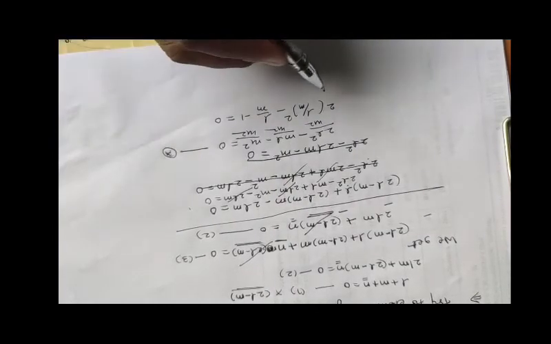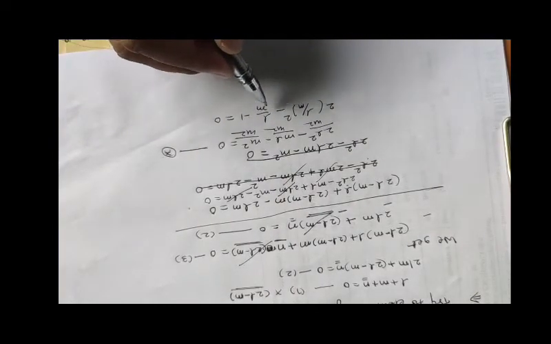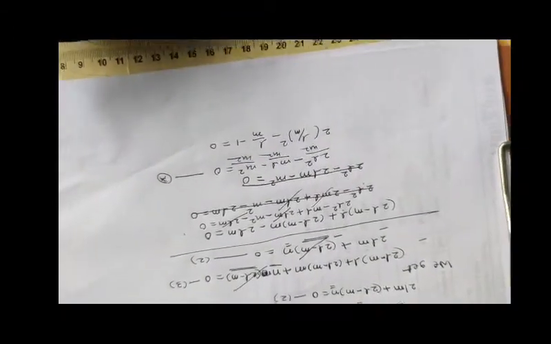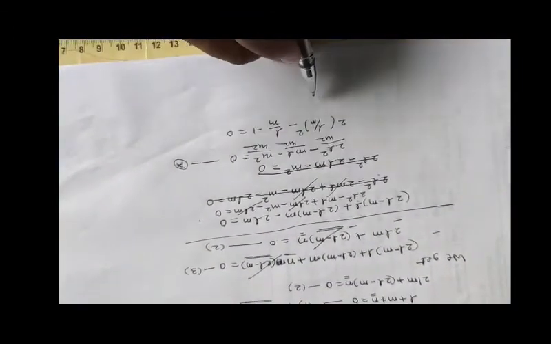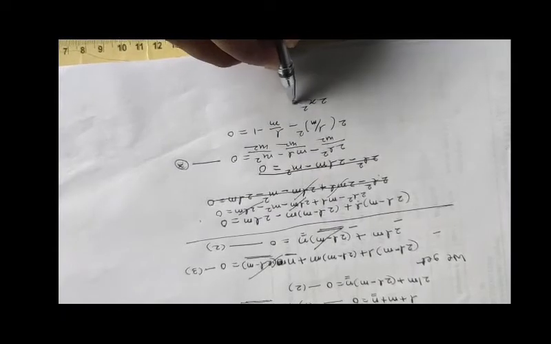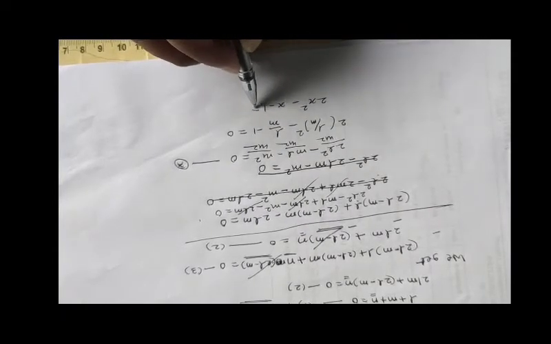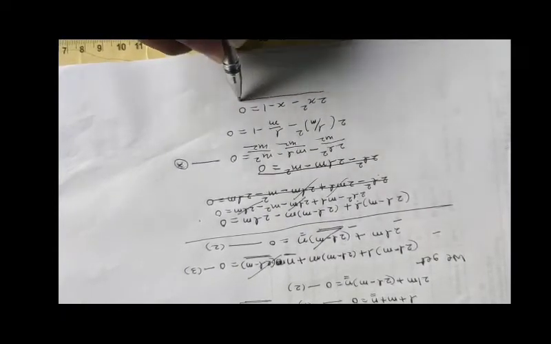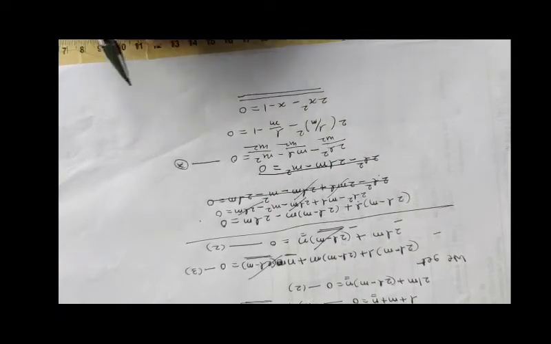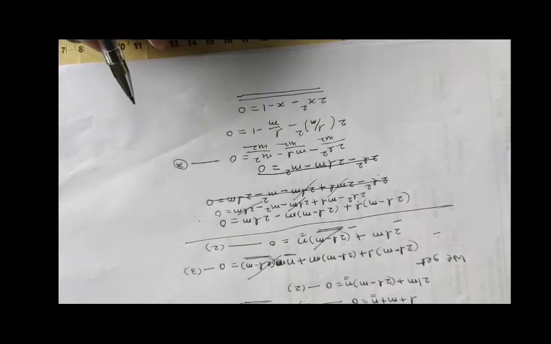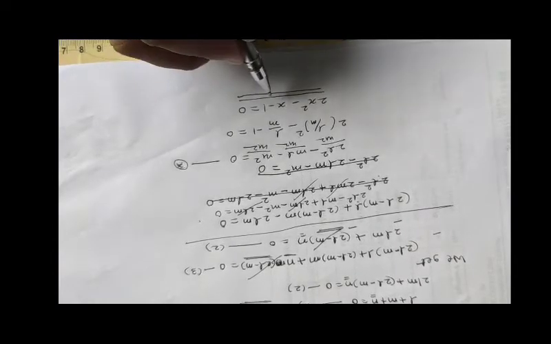So we get this equation 2(l/m)² minus l/m minus 1 equals 0. This is of the form 2x² minus x minus 1 equal to 0. That means this is a quadratic equation in one variable, x, and that x is nothing but l by m. So what are the factors of this equation?